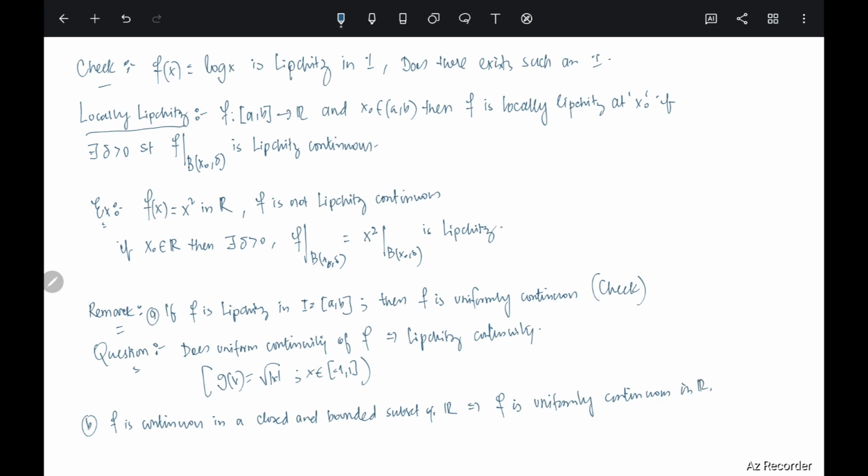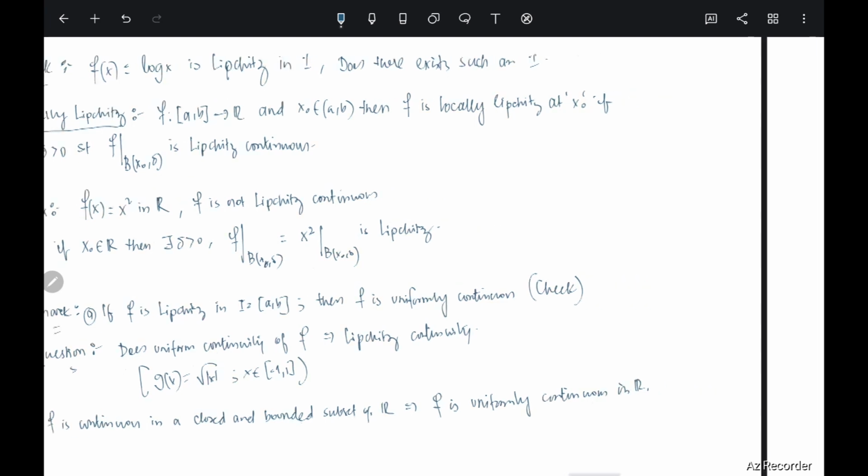That is more or less the whole idea of Lipschitz continuity. Now, let me just finish this lecture with a small